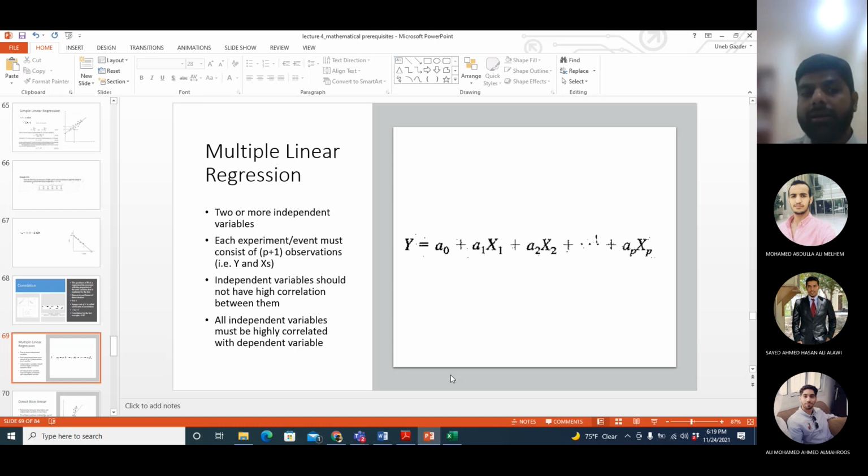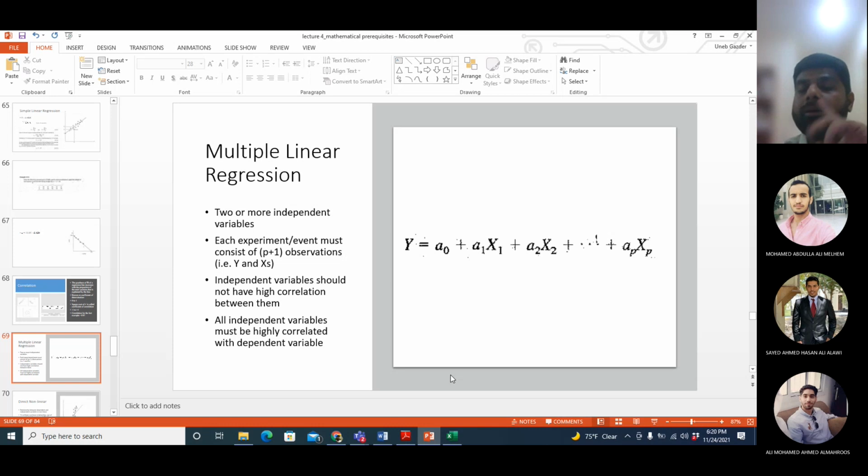Okay, so in multiple linear regression, you can see y is predicted using more than one input. So x1, x2, x3, and so on are different input parameters. For example, I ask you to calculate the strength of concrete. You may ask me about water cement ratio. That will be x1. You may ask me about the size of the aggregates. That will be x2. You may ask me about the ratio of aggregates, x3. You may ask me about the weather condition, the temperature. That will be x4. Each x value is a different parameter which will help you to predict the value of y.